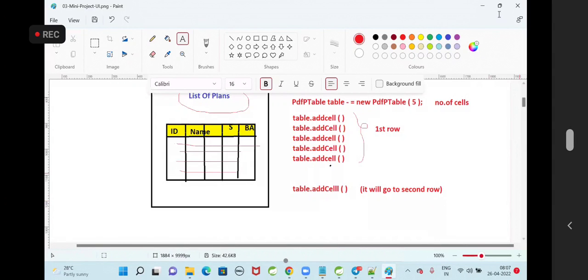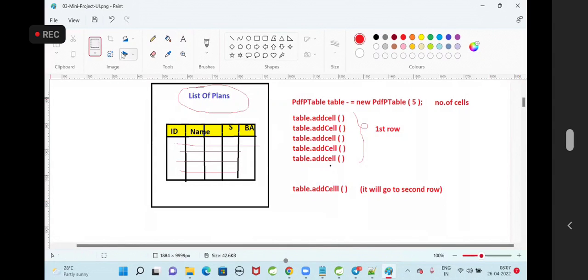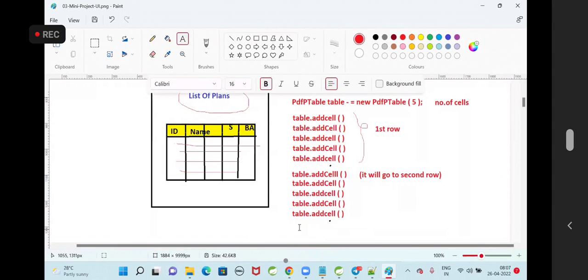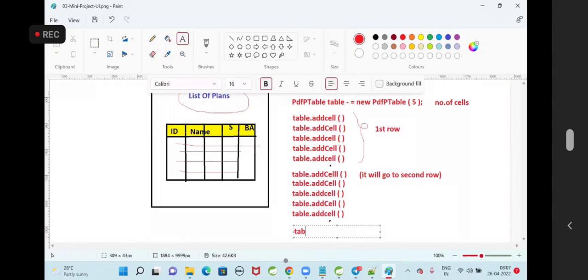Now again I am going to call this add cell method for 5 times. Then what will happen? Second row is completed. Now if I call table.add cell once again, what will happen? Will it go to third row or not?